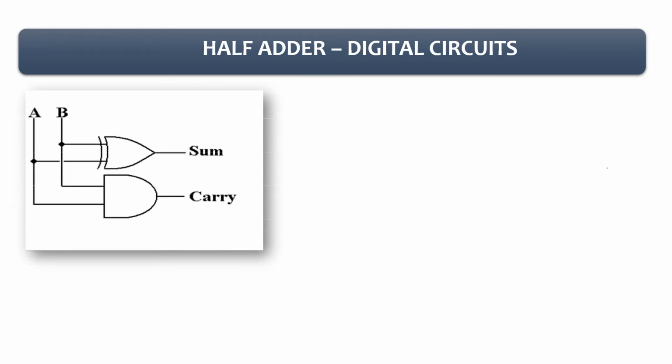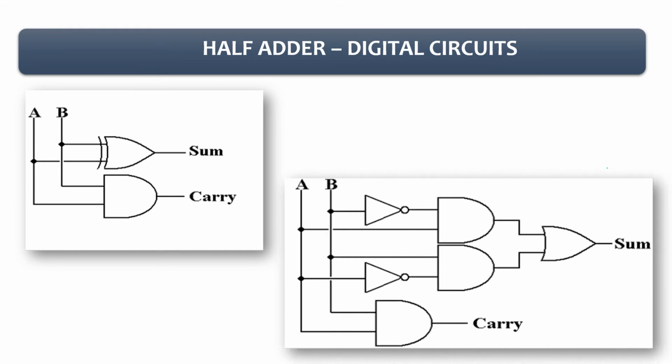Okay, so this is the digital circuit of the half adder. You can see two different circuits. Actually both are the same as the previous expression. Remember that sum is equal to A dash B plus B dash A, and for the carry we had only AB. So from that expression we have drawn the digital circuit. You know how to design the digital circuit from the given expression. This one is from the given expression, and this is after the simplification.